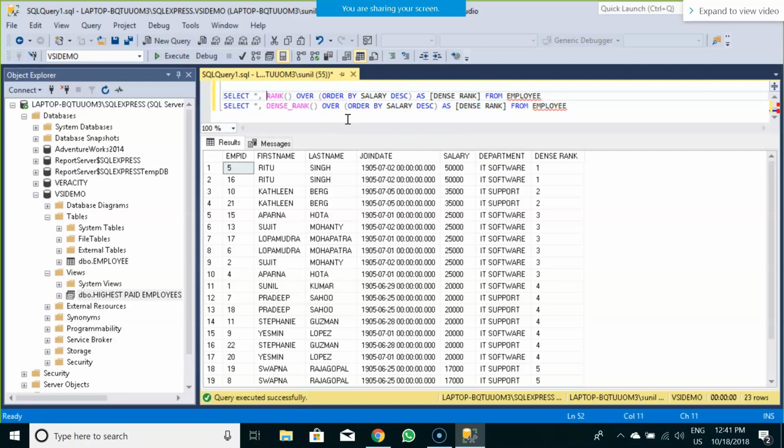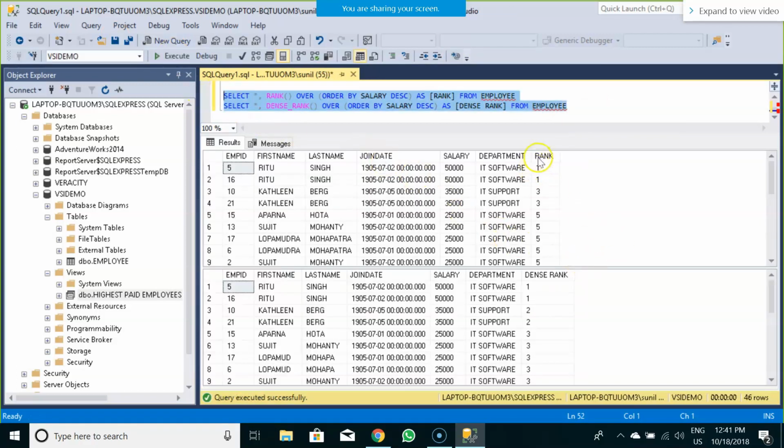Rank over order by salary descending as rank. This is the result of rank. This is the result of dense rank function.